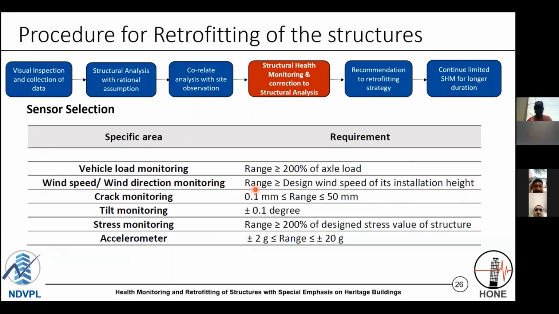There are many parameters on which the selection of sensor depends. I'll not go much technical, but still, lead count, for example, is one important aspect. The structural engineer could be the best judge who can tell what kind of deformation can appear in the structure. Based on that, you can decide what kind of lead count is required, what kind of weather condition it needs to sustain, and how long you need to put these sensors on the structure. All these parameters define what kind of sensor you require on your site.